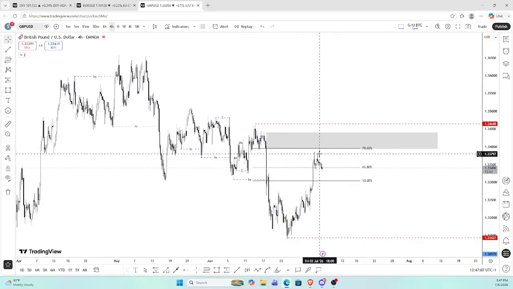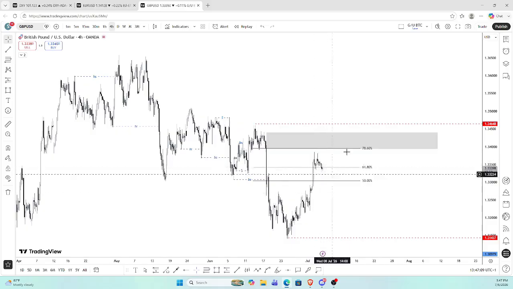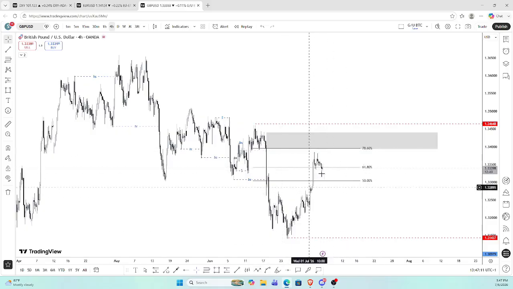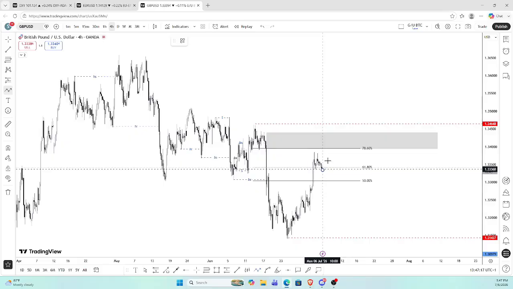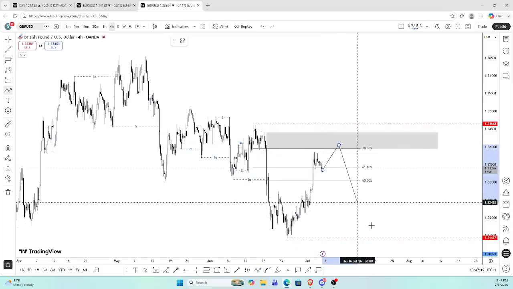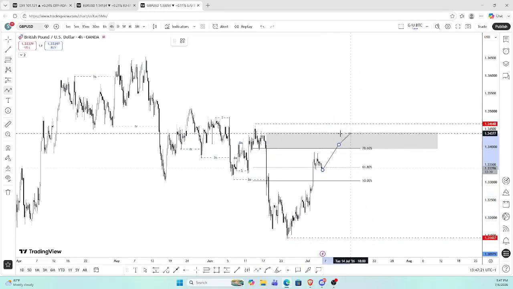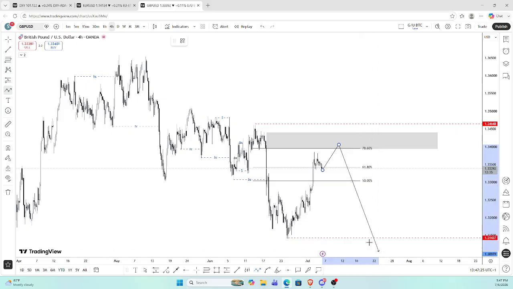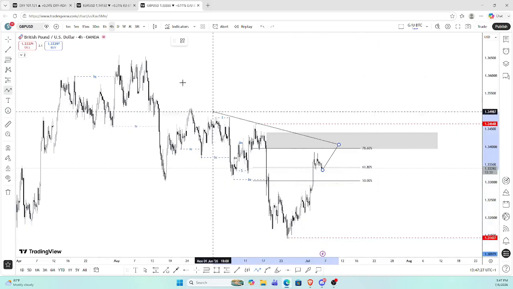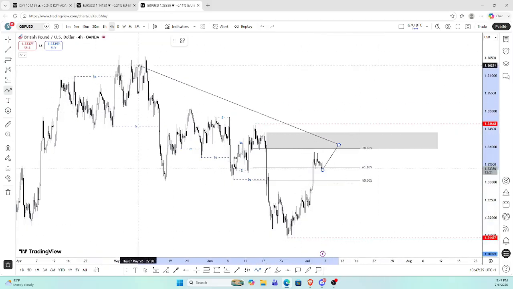Okay, you can still see price pushing higher to this order block around 78.6 before we continue lower, and it is possible for this swing high to push the price lower, as, yes, as we know, the geopolitical